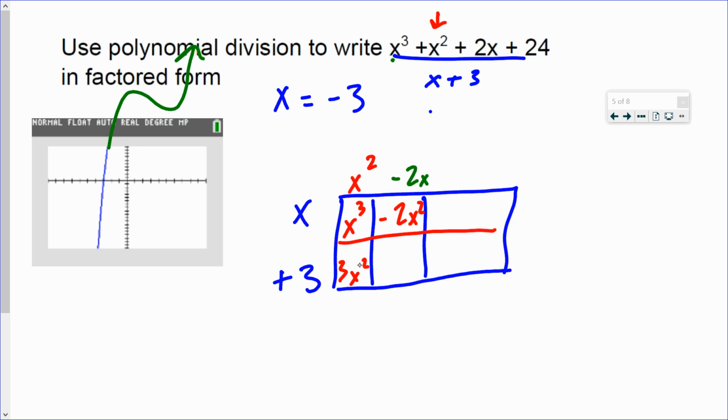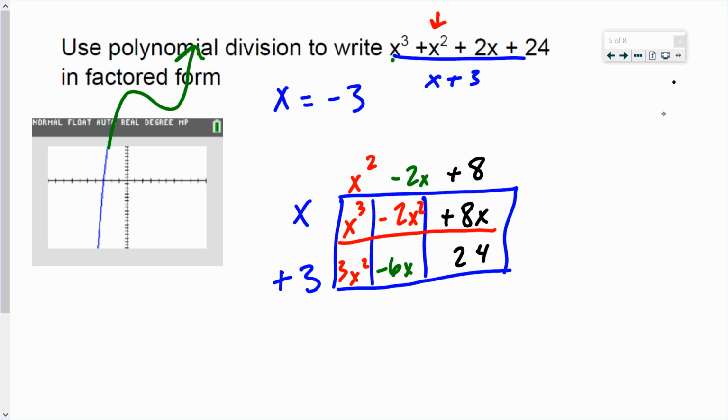2x, which would then give me a negative 6x here. Same thing. I've got to get to a 2x, so I'd have to add 8x, or just add 8, sorry. That should be on the top there. Let's add 8, and then 8 times 3 is 24, so I know it went in there evenly. So really the factored form of this, and be careful, following directions,